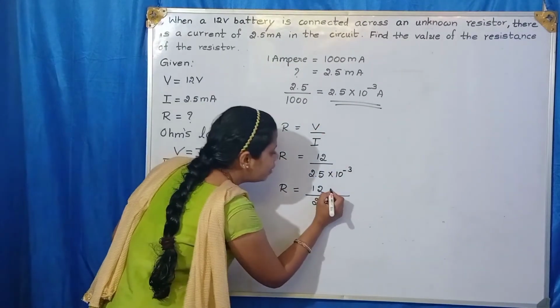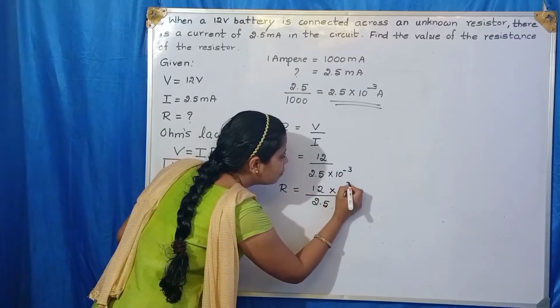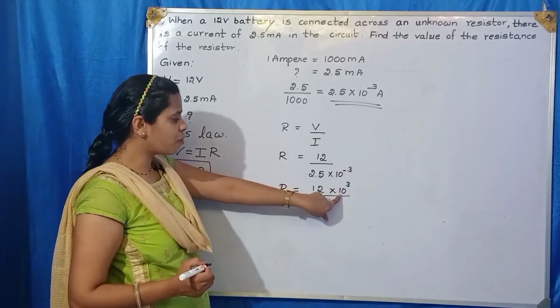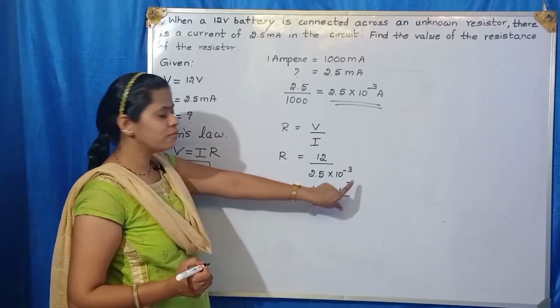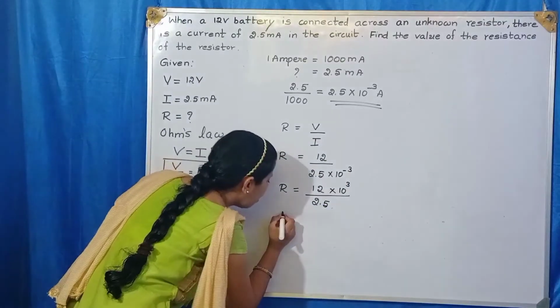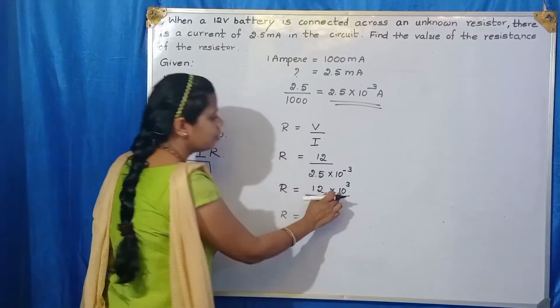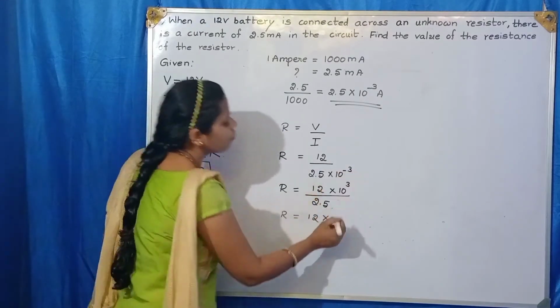And you know that when you take this to the numerator it will become 10 to the power of 3. R is equal to 12 into 10 to the power of 3,